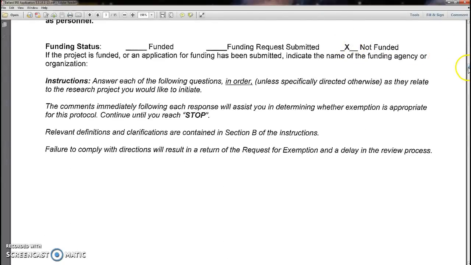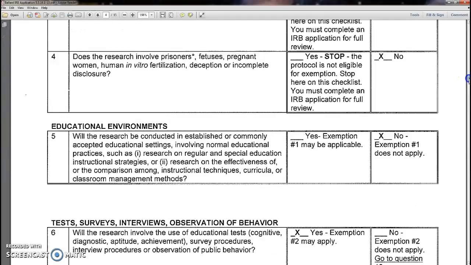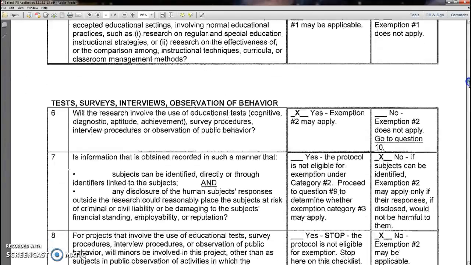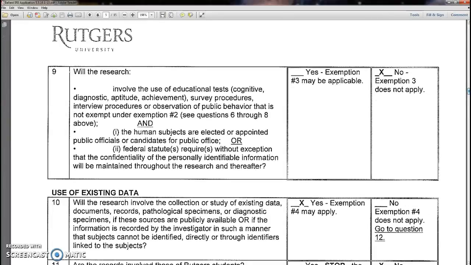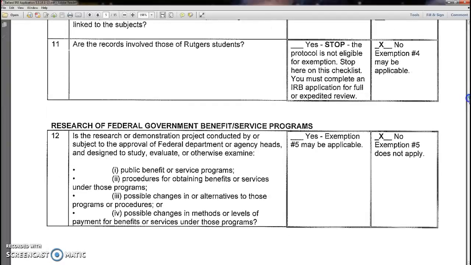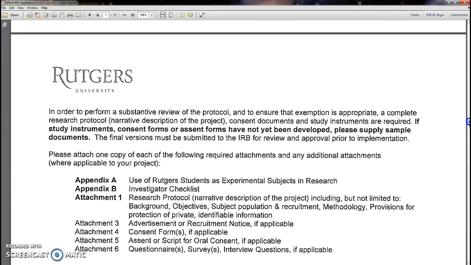This project was unfunded, and you're going to go through a series of yes or no questions, and this will help you determine whether you qualify for exemption or not. So you just check yes or no, and you can download these in electronic format and just check the boxes, and you go down the whole application. You check the appropriate boxes here, yes, no, and so forth, and then you add all your appendix and attachments,